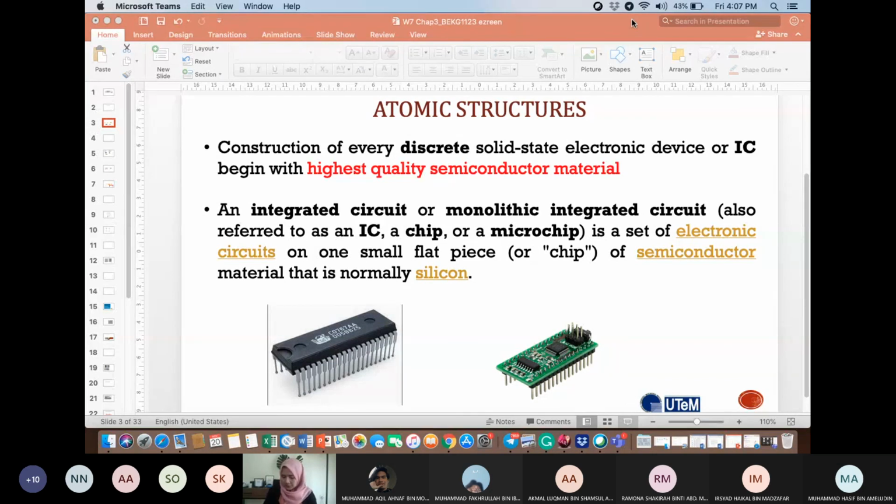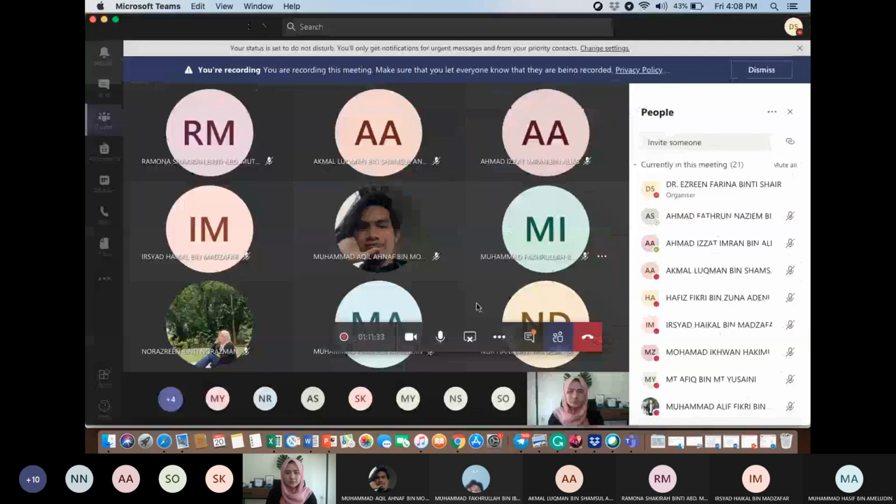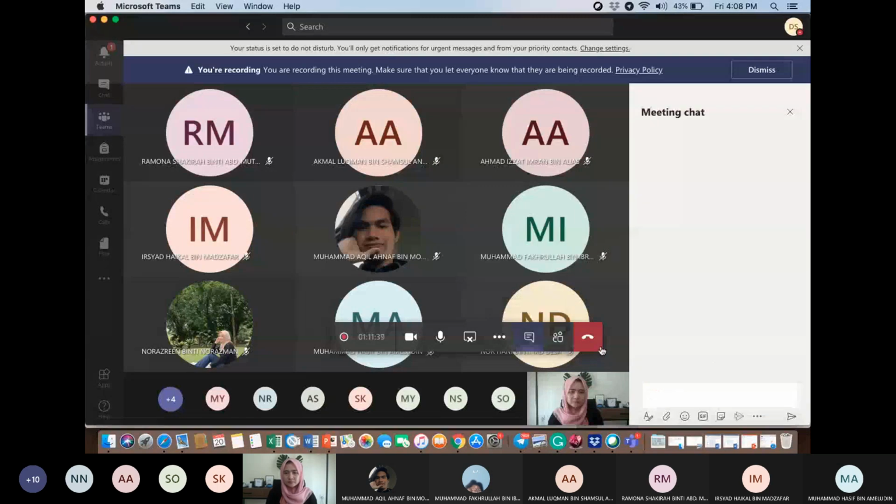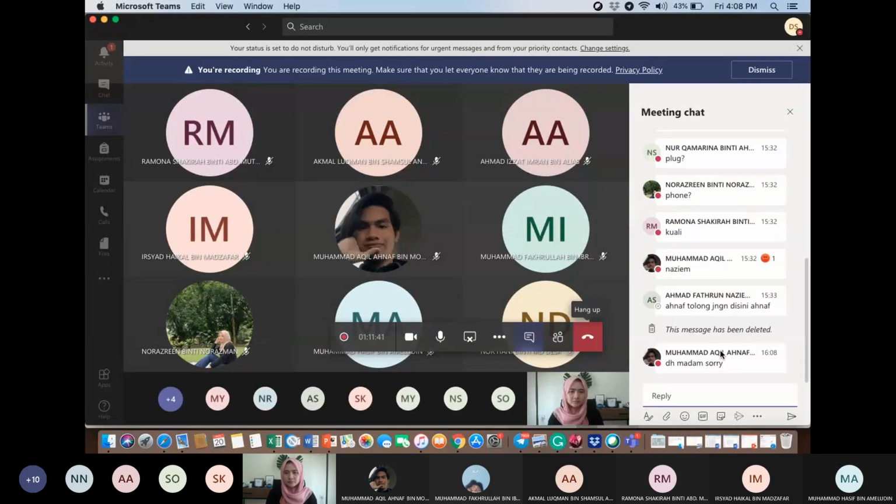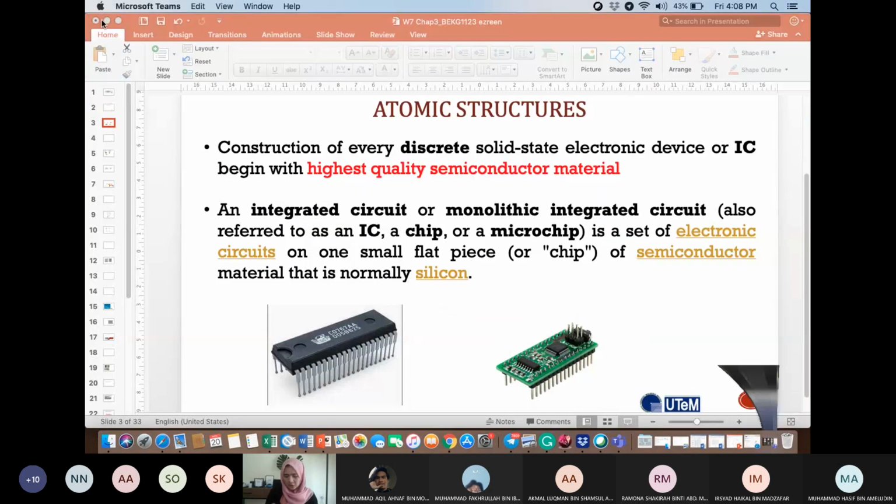Okay, impurities for p-type. Siapa? Tadi siapa yang tanya? Okay, so your midterm test is on